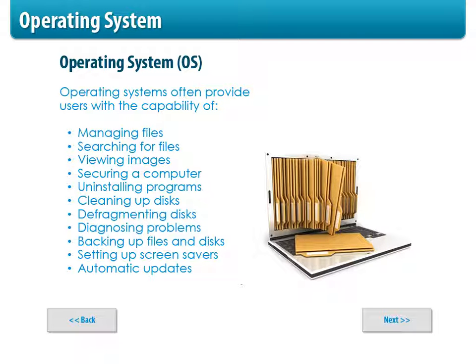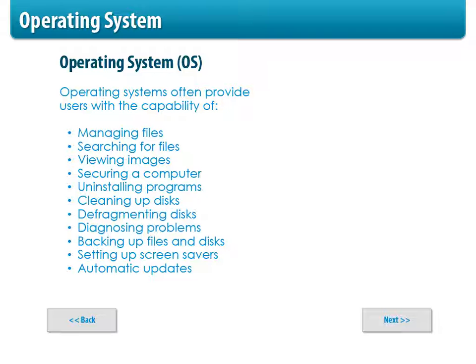Some things that you see every day, or could see every day, that operating systems provide you with is managing your files, being able to move them into one folder or another through your graphical user interface, or what we call GUI. You can search for files. You can view images, those pop-up screens, which we'll cover a little bit. You can secure your